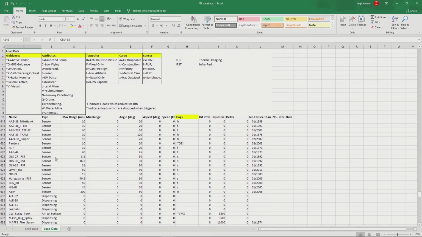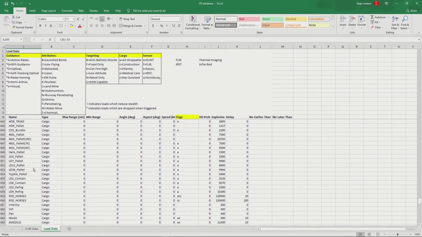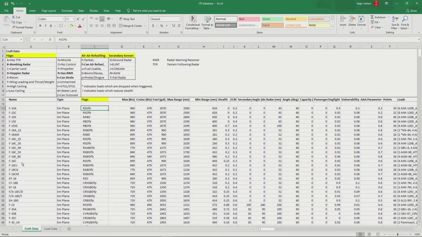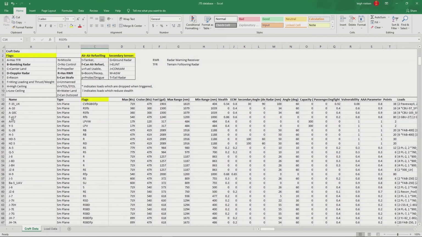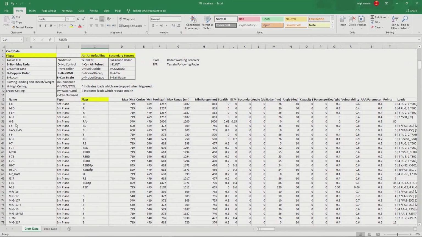So all this information can be found in the database in game, but I find it's easier probably to copy it into a spreadsheet. Similar with the aircraft, they have their own section called craft data,